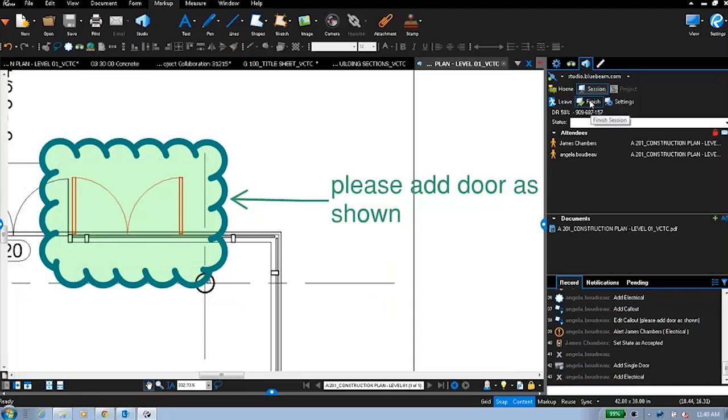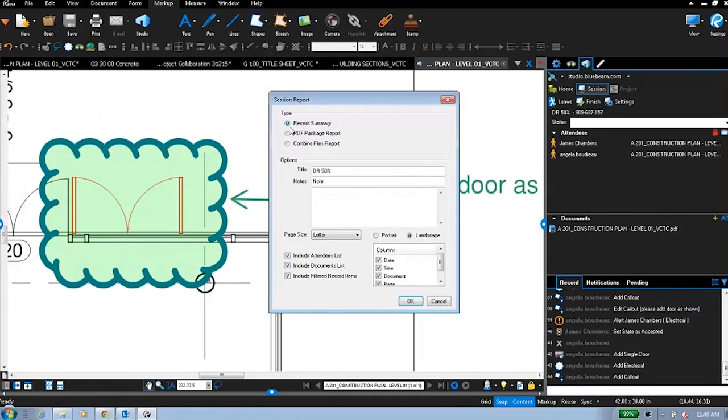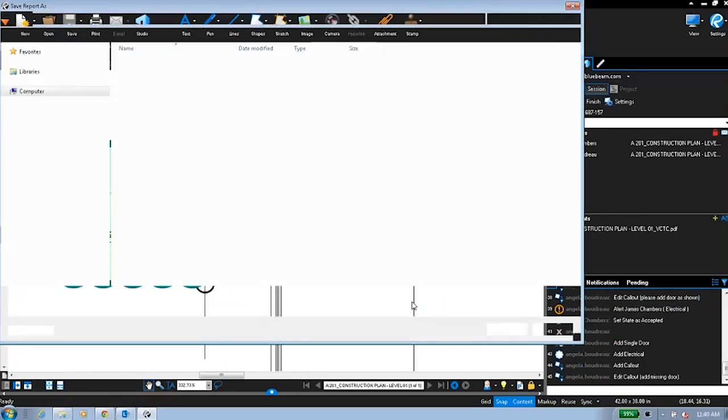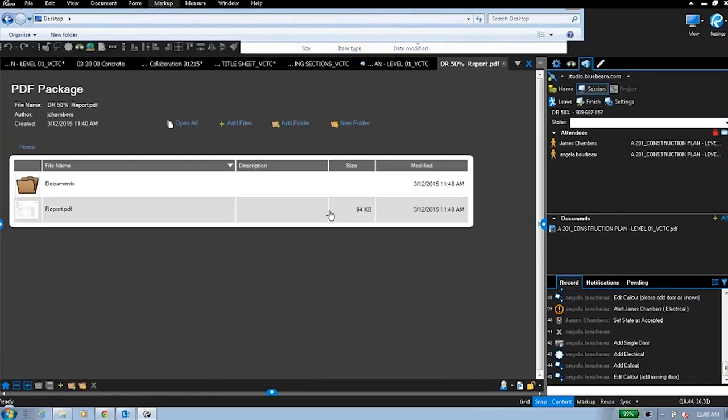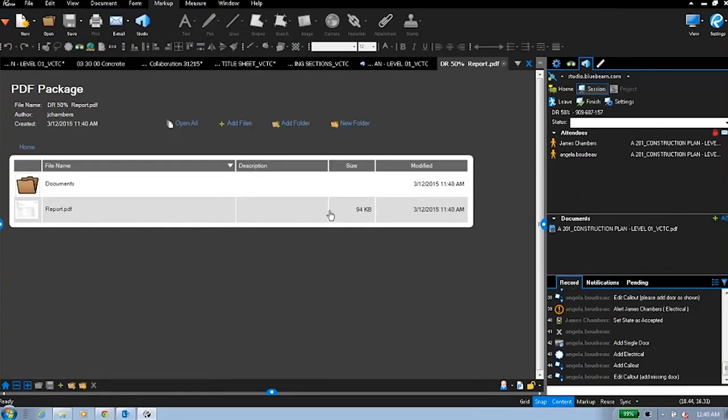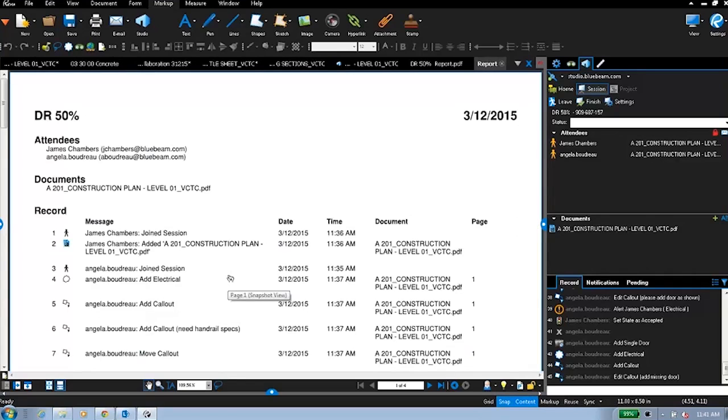Or I could alternatively finish this. So upon finishing it, I'll be prompted to kick out all of the participants, and I'll be asked if I want to generate a report or not. So let me just show you what one of these reports might be. It might be that I need to really, again, do my meeting minutes of this PDF conversation. I'll go ahead and hit OK and make a PDF package. I'll save it to my desktop. And now what I've done is essentially created a fantastic meeting minute documenting the entire project collaboration